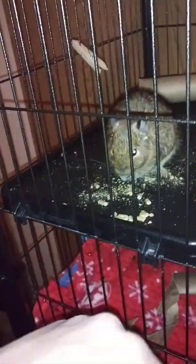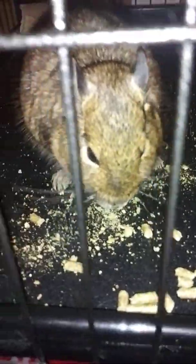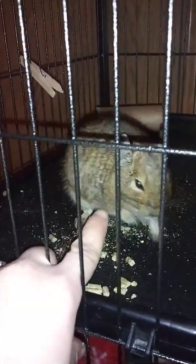I pulled into the driveway, I slam on the brakes. I called my husband. I'm like, honey, you need to come outside and get our kid and come help me. So I did that, and I brought the one in, and I had the other one in my hand. Now, we had a little glass reptile terrarium, so it was an aquarium, but it had the little breather holes with the little black slot thing. So we put them in there until we found a decent cage, because it took me a couple days to find this one, because I wanted to get a decent one. But I didn't want to miss out on getting pet Degus, so yeah, that happened, and then we put her in the little